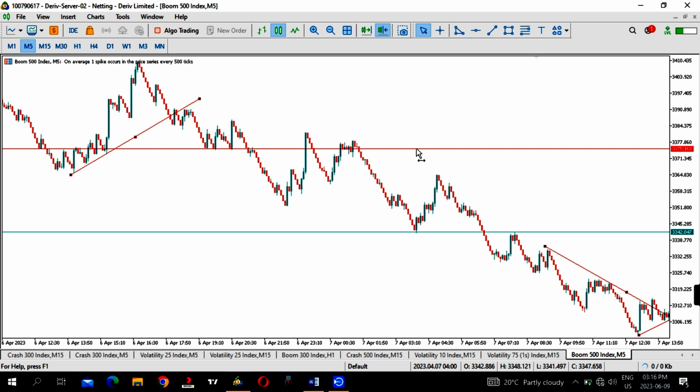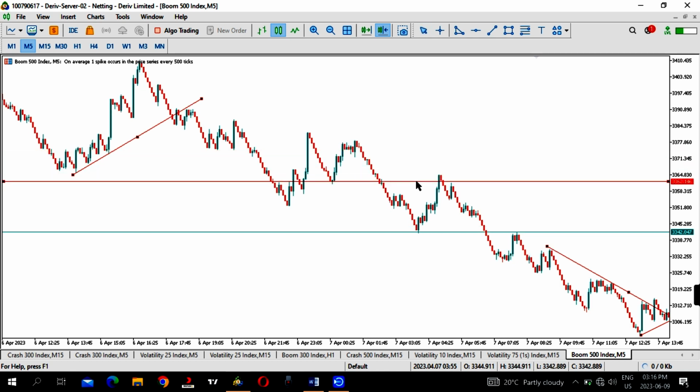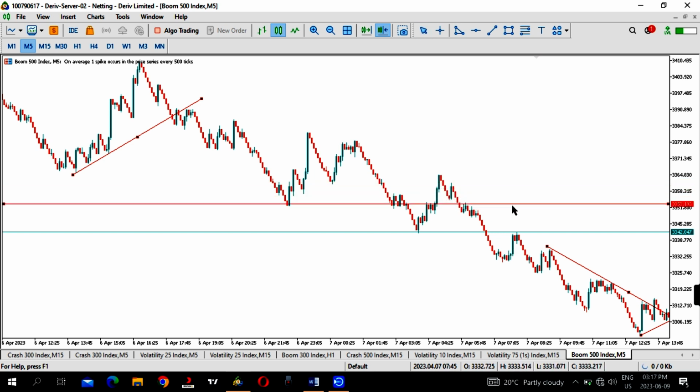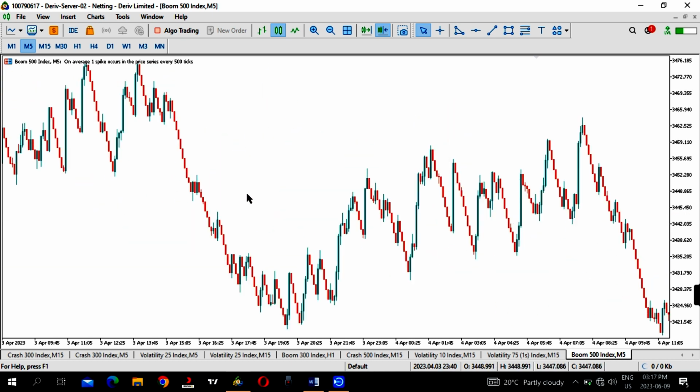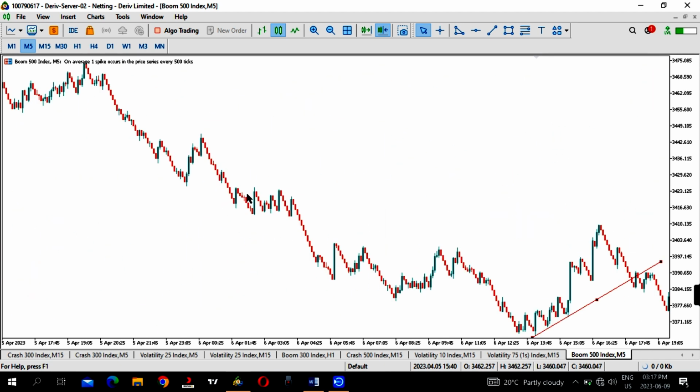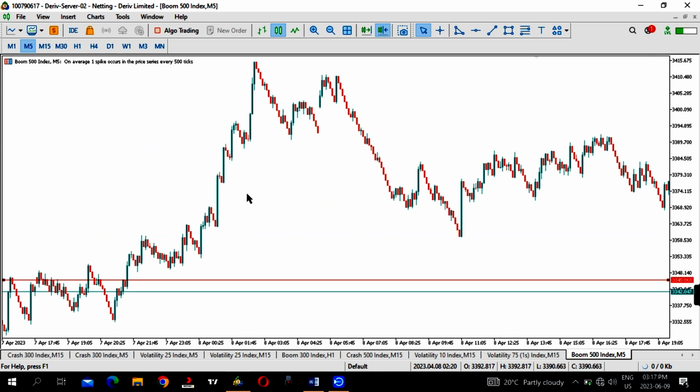This is very simple, guys. You will be able to make a lot of money, right? Right over here, this resistance, sorry, the support gets broken, it becomes a resistance. When it pulls back, you enter again. It's very simple, guys, right? But try it first on demo, right? Take a few trades first on demo,